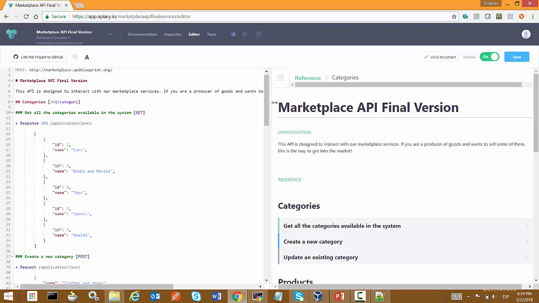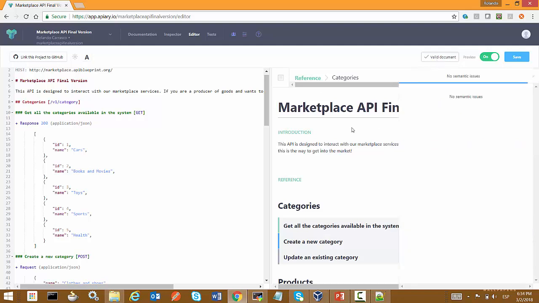For Apiary, again, this is good. This is a valid document, which is good. There are some other validations that we need to perform. And right now, we are doing good because the version is there. The naming convention seems to be there, but we are not validating them so far. We need to make some extra steps, extra things that we are about to show you, in order to validate, for example, the name of the resource, some of the naming conventions that you are using inside the URI.